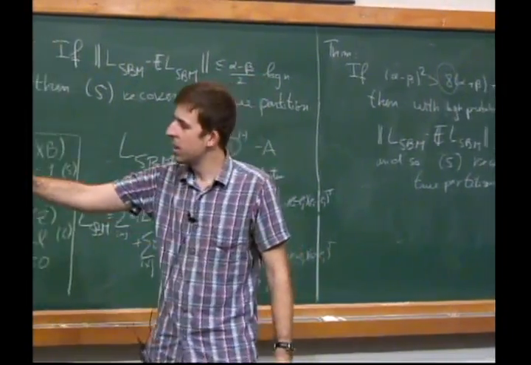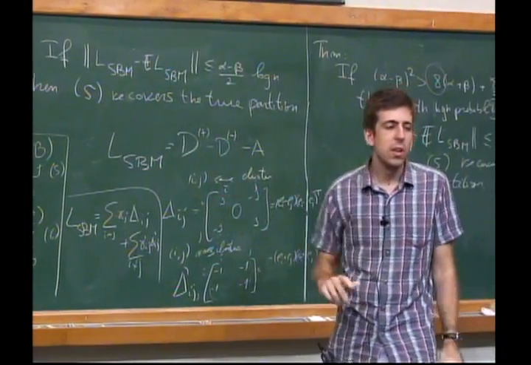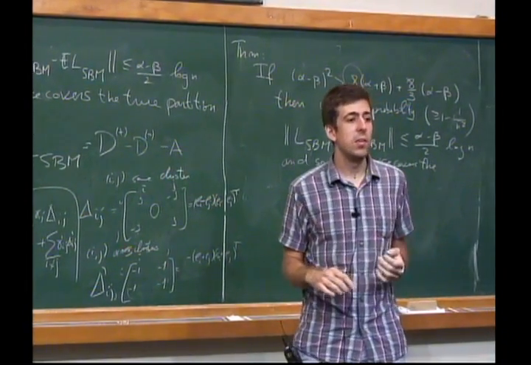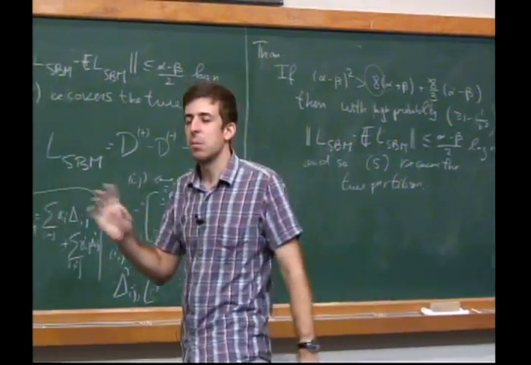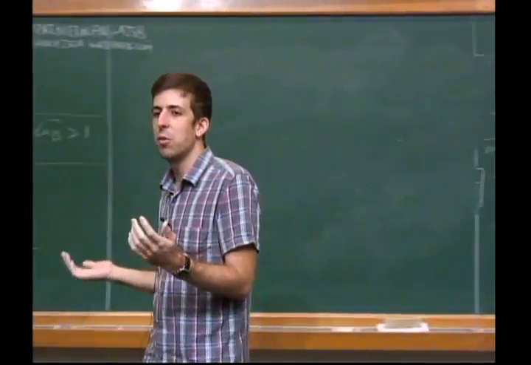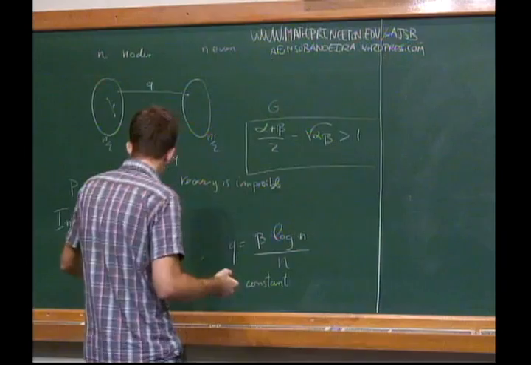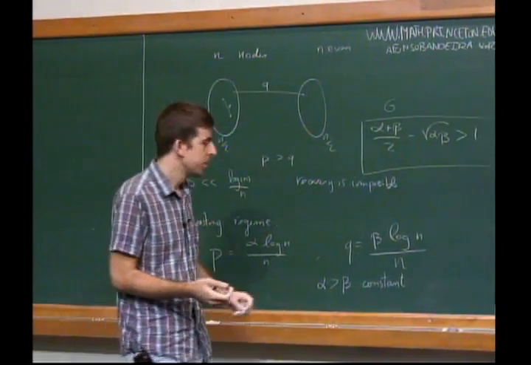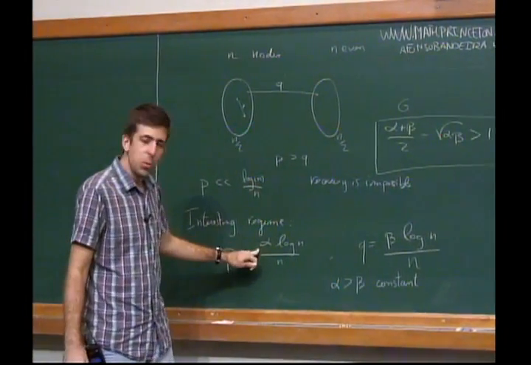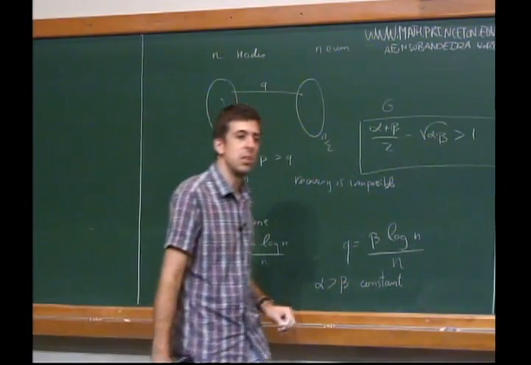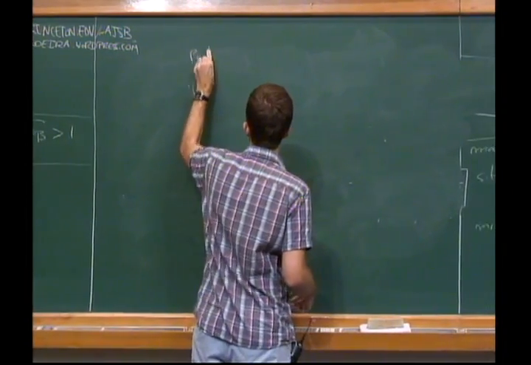Now it's not clear that the log n is needed, because the intuition for why the log n was needed is because otherwise there are those isolated points, and you can't say anything about them. But it's fine if we can't say anything about some of the points. All we want to say is something meaningful about most of the points. So this is known as partial recovery. And it turns out that if you want to beat random, you can do it in a much sparser regime, on which P, so partial recovery,